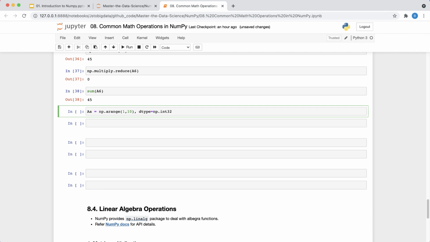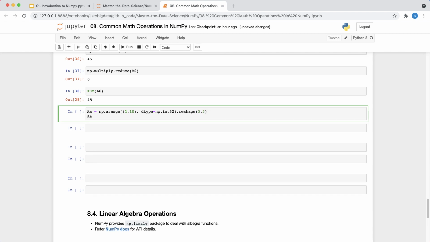Earlier I showed you how you can pass that as a string value. Now I'm showing how you can get that object value from np.int32, and then you're going to just reshape this to a 3x3 matrix, and then print this out.